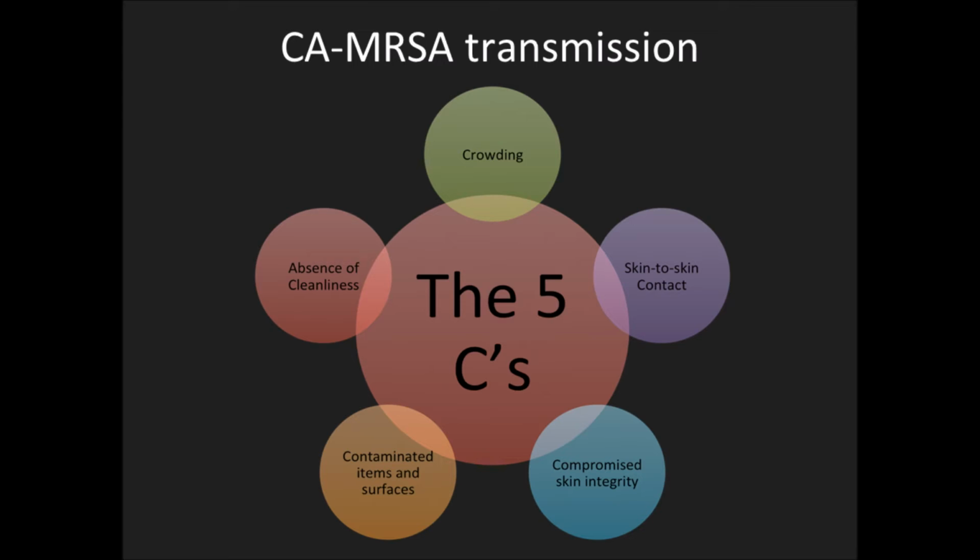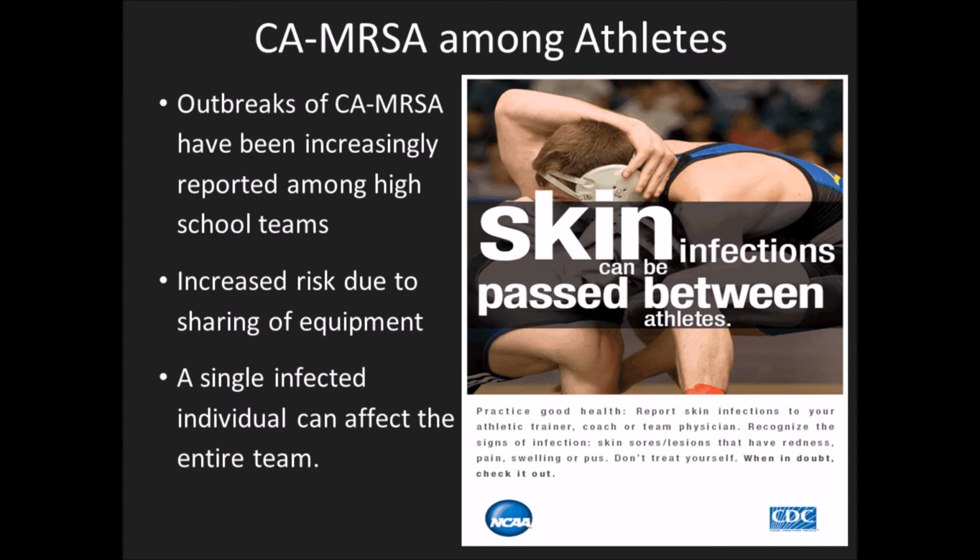The CDC has proposed 5 transmission factors for MRSA, referred to as the 5 Cs. 1 is crowding, 2 is skin-to-skin contact, 3 is compromised skin integrity, 4 is contaminated surfaces, and 5, absence of cleanliness. Outbreaks of skin infection caused by community-acquired methicillin-resistant Staphylococcus aureus have been increasingly reported among high school sport teams,